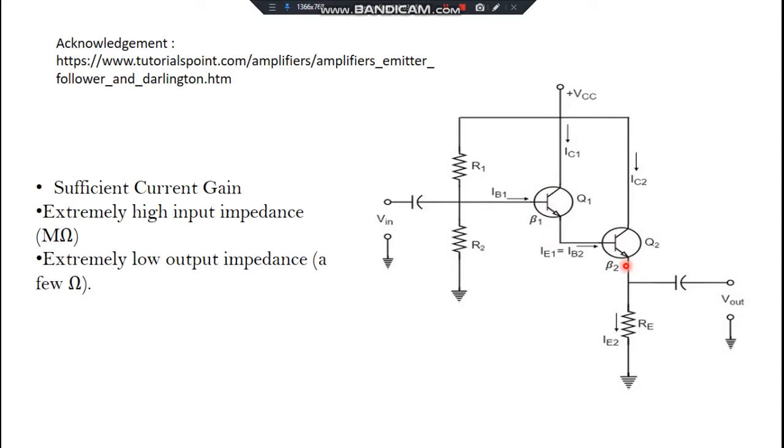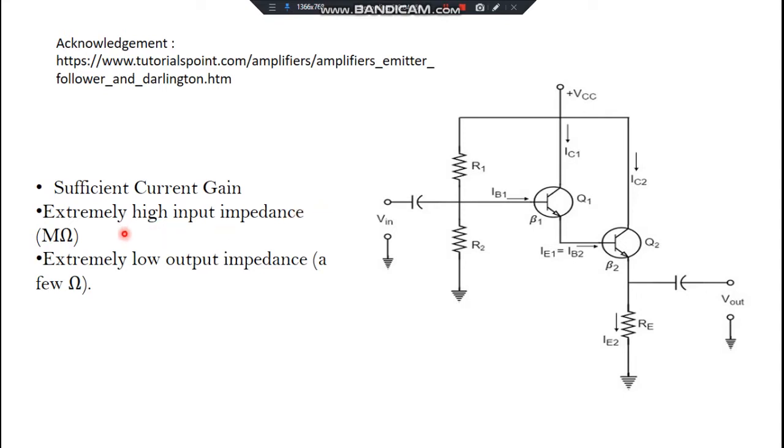That means we are able to get a total beta value equal to the product of these, which means the IC current value is sufficiently larger than what we get using a single stage amplification or a single common emitter amplifier. So by using a Darlington emitter pair, what are we achieving? We are getting sufficient current gain compared to a normal common emitter amplifier.